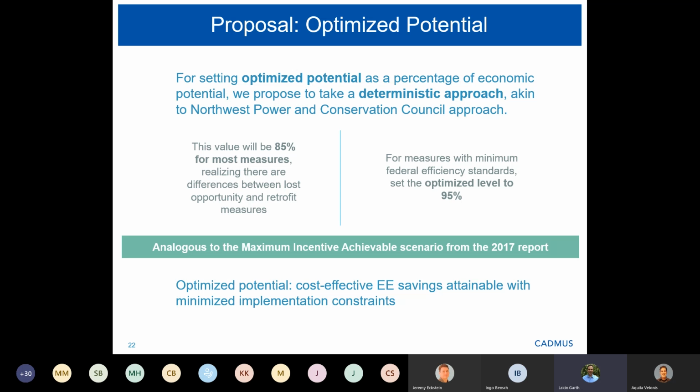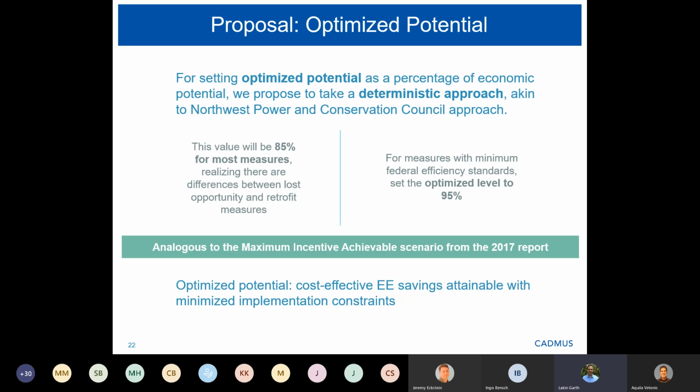And so on slide 22, we're proposing, for optimized potential, a new term, to estimate optimized potential as a percentage of economic potential. We're proposing to take a deterministic approach that is similar to what the Northwest Power and Conservation Council has done in its region-wide energy efficiency potential studies. And so as a percent of the total long-run economic potential, we're proposing that the value will be 85% for